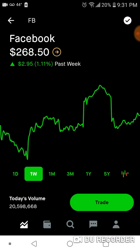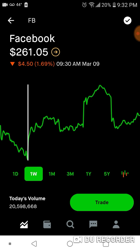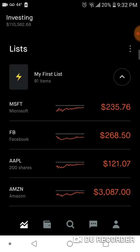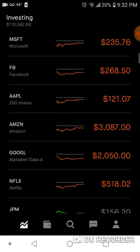I definitely think, with everything that's going on in the market with the tech sector, Facebook will present another opportunity. However, I really wanted to pick those shares up, and I'm going to reach out to Robinhood to see how I can get their margin turned on, because I really see that as an opportunity for myself to purchase some shares of Facebook. I also was looking at